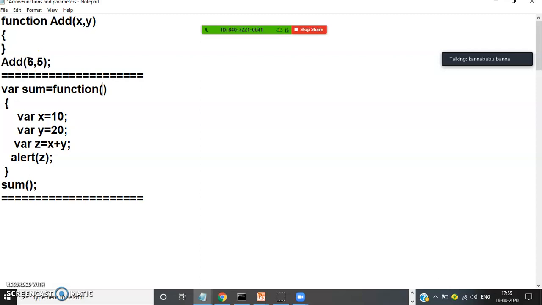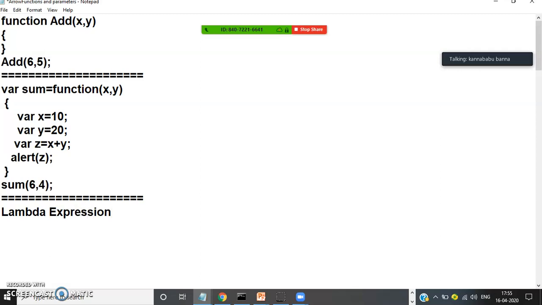Similarly, any function you take, at the time of declaring the function, the function will take input and the function will give some output. Okay? Function will take input and function will give what? Output. If the input is a variable, at the time of declaring the function you will declare the parameters, and at the time of calling the function you have to pass the values. At the time of declaring the function you declare the parameters. At the time of calling the function we have to pass what? Values.